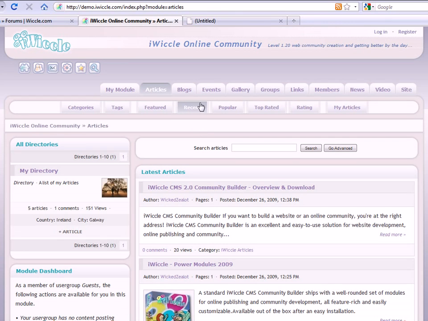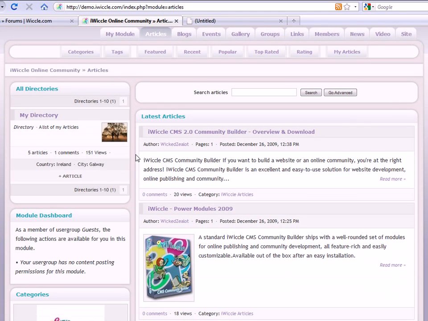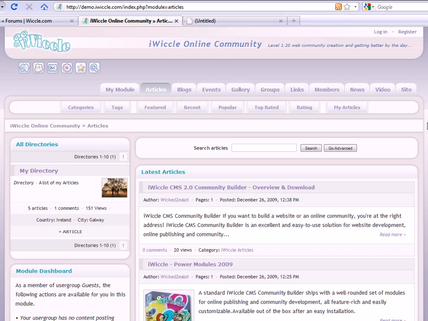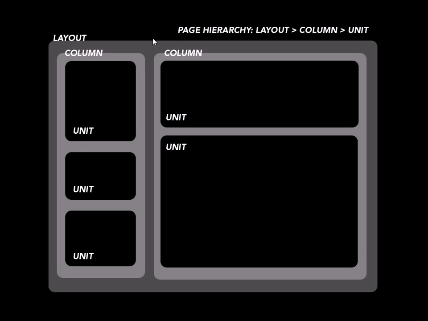Now, a typical iWiccle layout is divided into one page which has a layout consisting of columns and units contained within the columns. It looks something like this. Here's the layout and the main content wrapper, and here's column number 1 and 1, 2, and 3 units, and here's column number 2 with 1 unit and the second unit. And on the website,